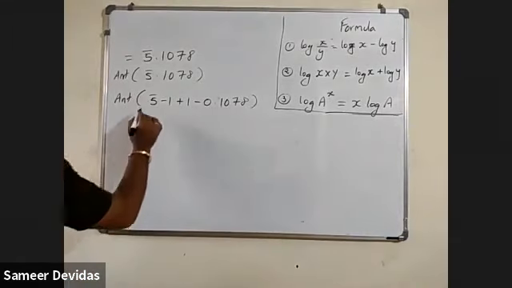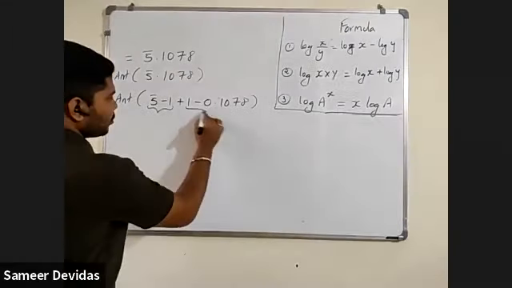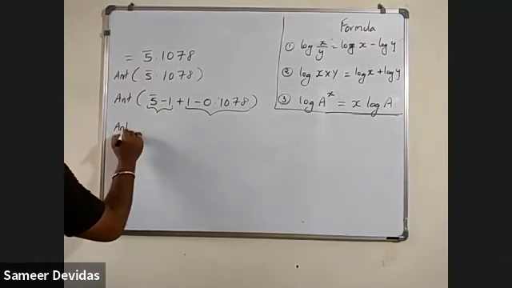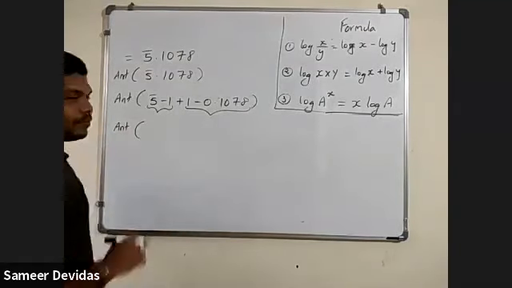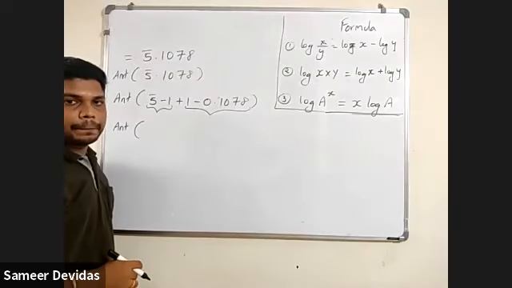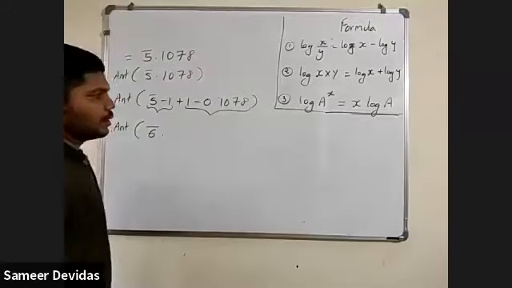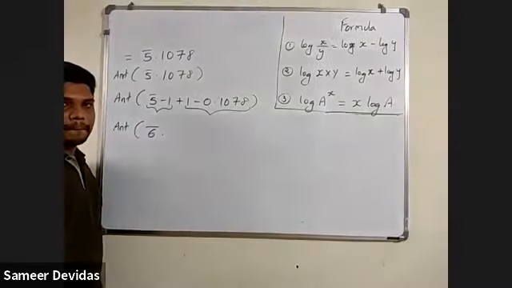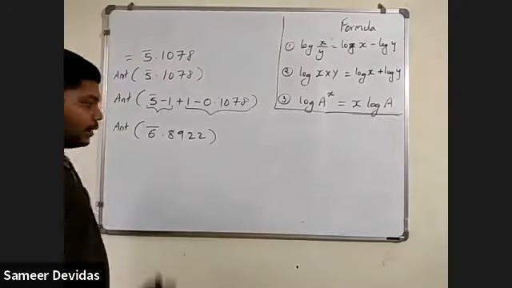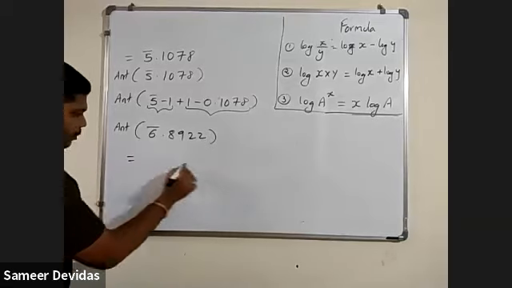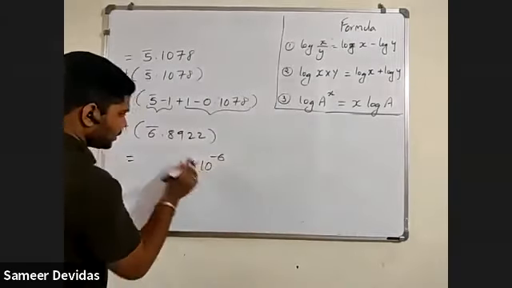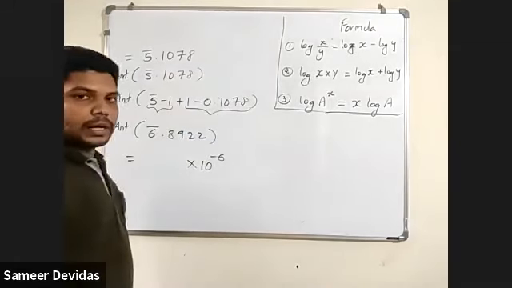Okay. Now you make the two halves. This is the first half. This is the second half. So anti-log. -5 -1 is what? -6. -6 point. From 1, you remove this number. What is the answer? 0.8922. Okay. Now this is your anti-log thing you have to find out. Multiply by 10⁻⁶. 0.89 under 22. Your answer is?